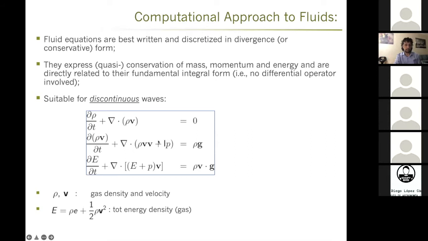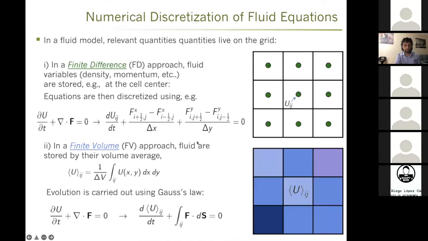Take, for example, the Euler equation. Now, you can actually integrate this equation and get down to Gauss law, okay? So you can transform by integrating this one, integrate that in space. Then you replace the divergence under the integral with the flux along the surface, and then you have removed any